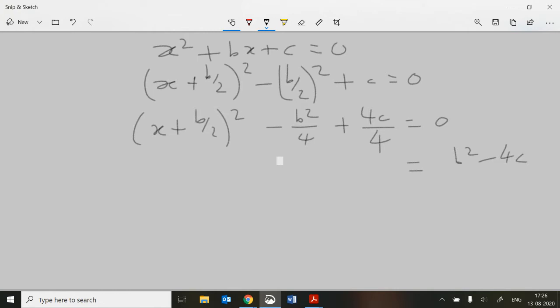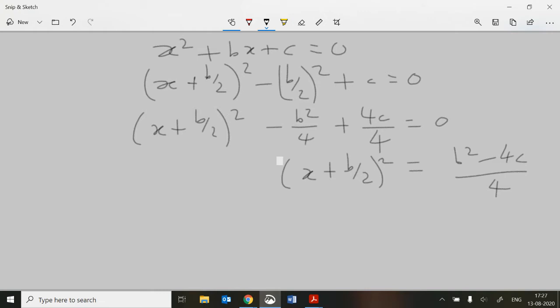And both of those things are divided by 4. So I've essentially taken this and this to the other side, but both of those are over 4. So I'm going to combine that as a single fraction. Okay, if you want, you can take 2 steps for that. And the more steps, the better, really. There's always room to write more steps in exam papers, and it saves you from making mistakes the more